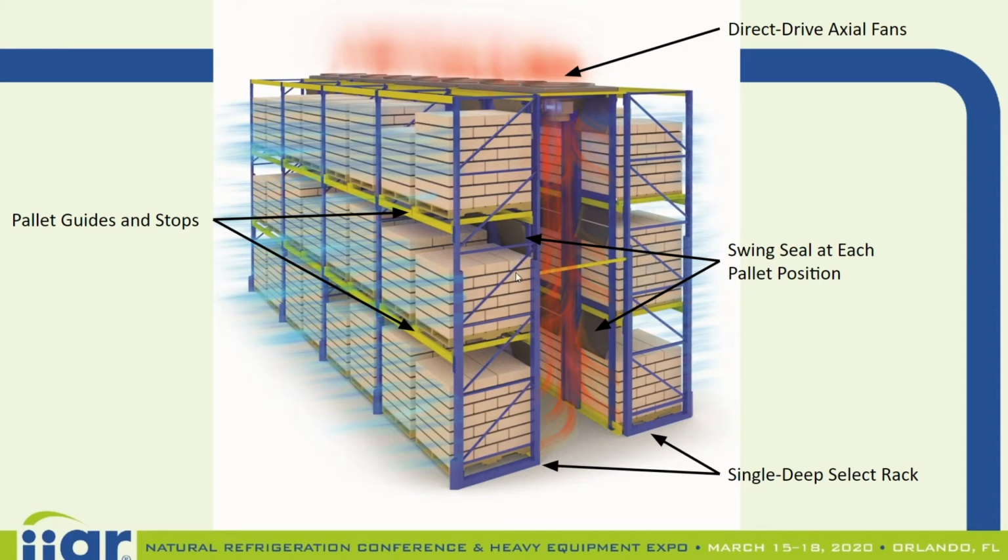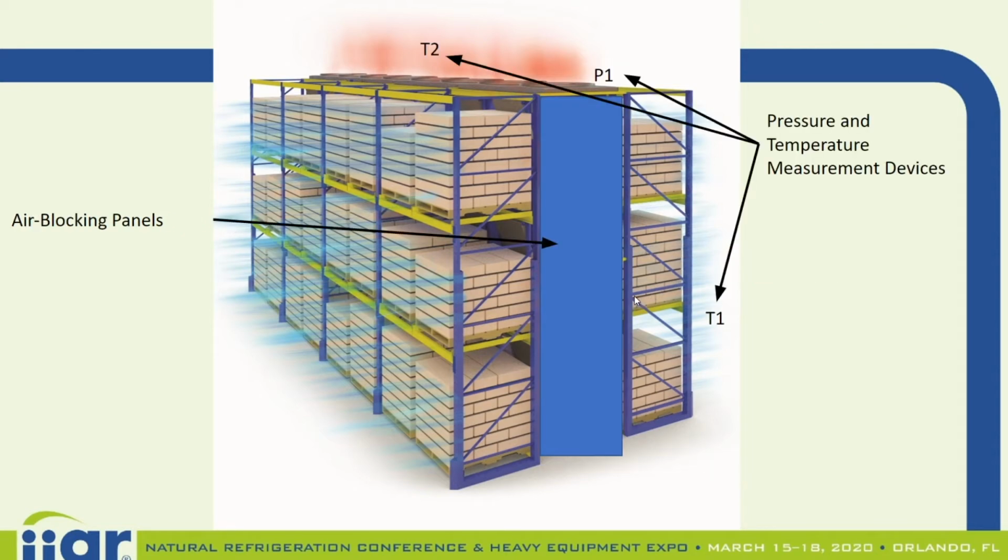So all of the spacer areas are able to flow, but there's no pathway above the pallet on the shorter pallets to enter the plenum space. And then between the pallet positions and on the ends, we have to block off the space, so there are blocker